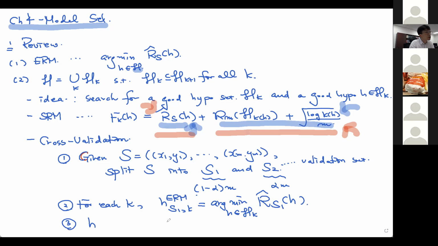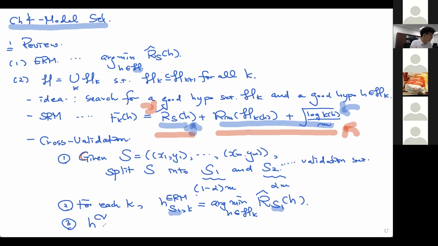Okay. So important bit is that we are using S1 here to find a good hypothesis in each hypothesis class. But then instead of picking the winner among these hypotheses from each hypothesis class using S1, we use S2 to find the winner. So the winner, which we're going to return,